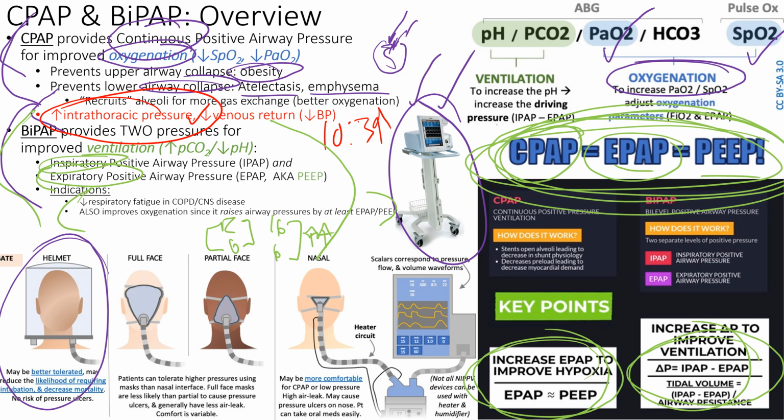But all you really need is CPAP, right? If you do an EPAP at 10 or a CPAP at 10, those are the same things on both devices. If all I need to do is improve someone's low SpO2 or low PO2, I just throw them on CPAP. That will help. It's the same machine, so it's like, since I'm there, let's just throw you on BiPAP. But you're not wrong, right? But oftentimes someone says, oh, the PO2 is 50 this morning, and you go look at the BiPAP machine, and it's like 12 over 6. Like, really? Why don't we do 12 over 8, right? Why don't we try 14 over 10? Why don't we improve that low number, right? That low number is your EPAP,